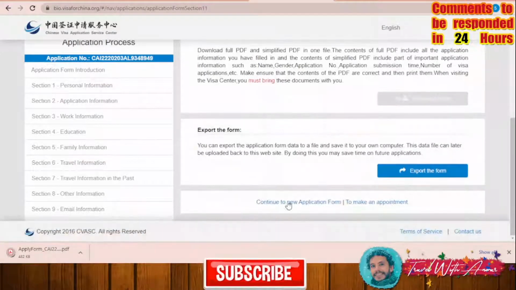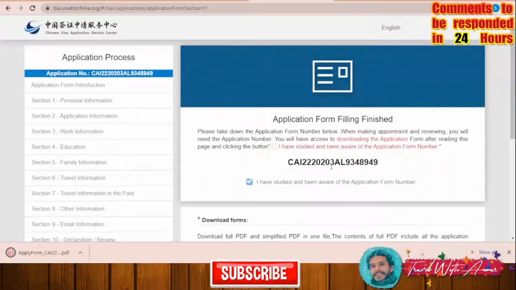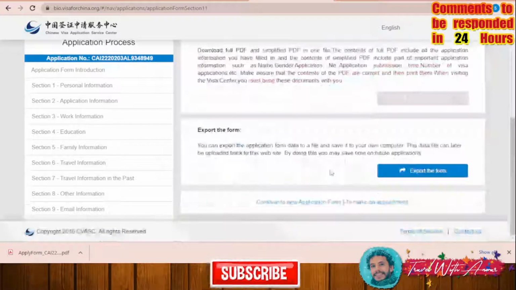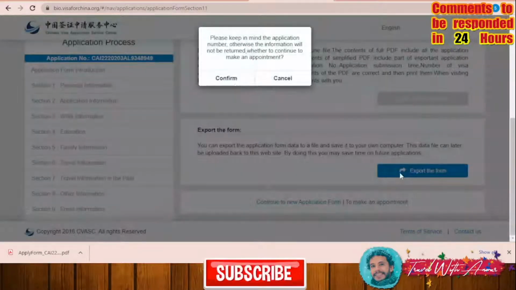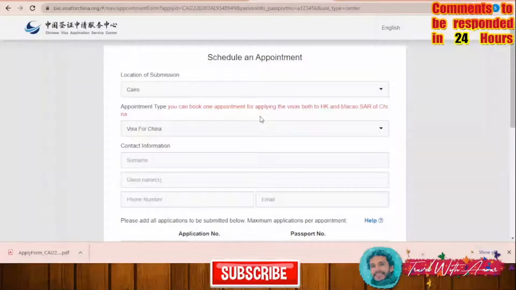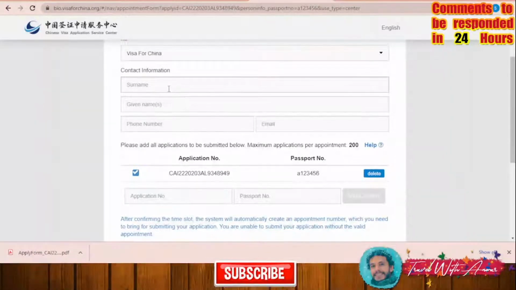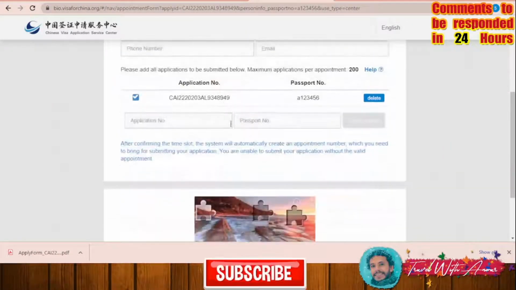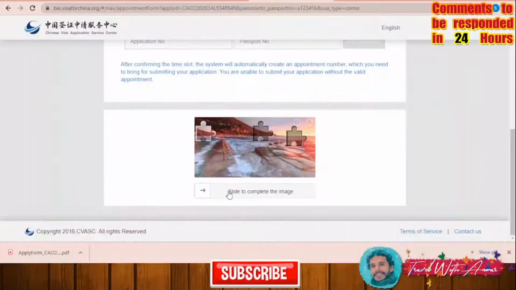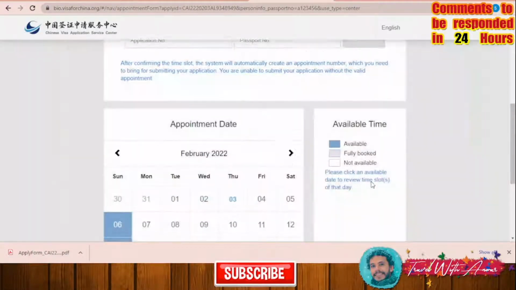Okay, so now you have two options: continue to a new application form or make an appointment. So once you finish, you'll have to copy and save this number with you. Okay, you will have to make an appointment. To make an appointment, I will click here, confirm. This is the page where you have to schedule the appointment. Cairo, visa for China. Contact information, you will add your information. Then this is your application number, your passport number. You will have to add it, and then you have to slide this one over here, and then you will